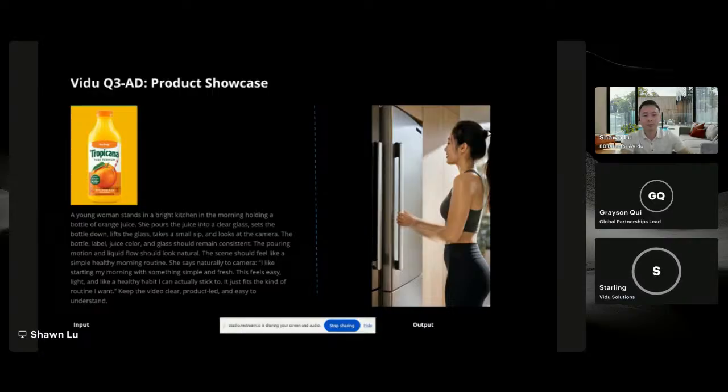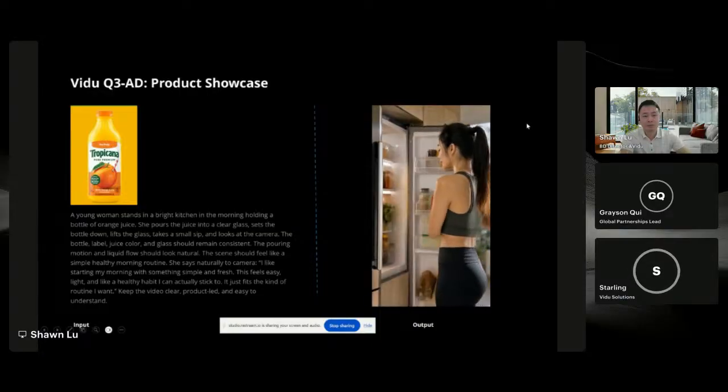Scenario one is typically if you are in retail, or an agency doing advertisement for your brands, and what you have is maybe just one or two images because the product is a fast-moving product, just like this juice over there. As a user, what you need to do is just use our advertising model, give us an image and the description, and then the output is exactly what you are going to see.